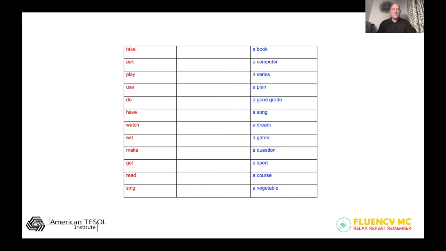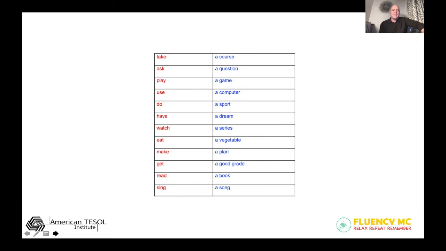So even though you could collocate a couple or maybe even three of these nouns with a few of these verbs here, there's only one way to match them. So this is not just an S activity, like I said, not just like let's learn S, but notice what happens next. So once they do it, and here is the solution,